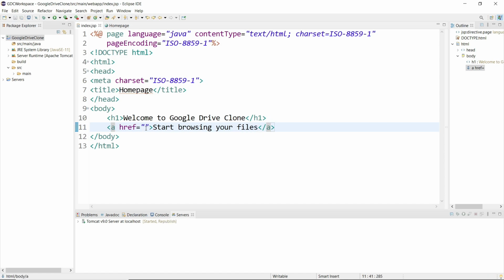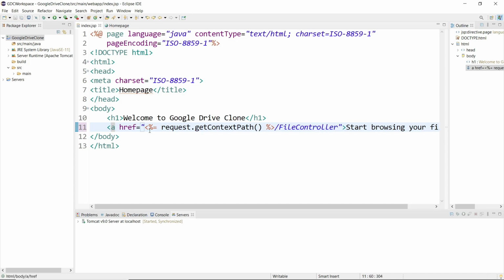Inside this I will write request.getContextPath(), and then I will put something like file controller. This should give us a link and it will call the file controller.